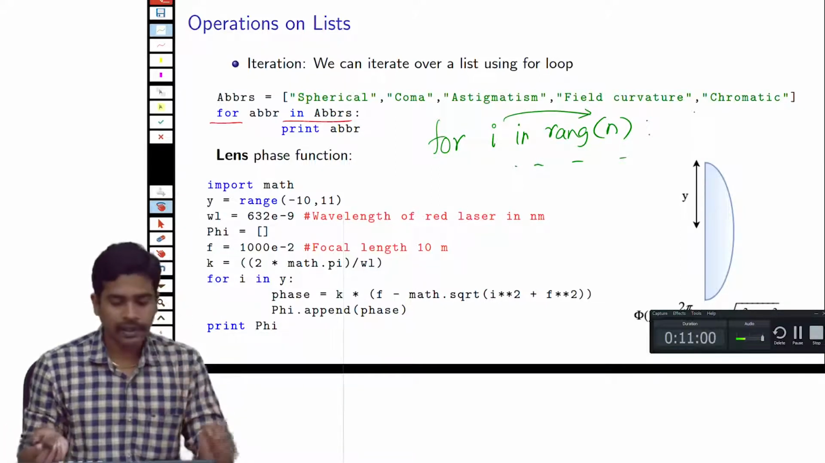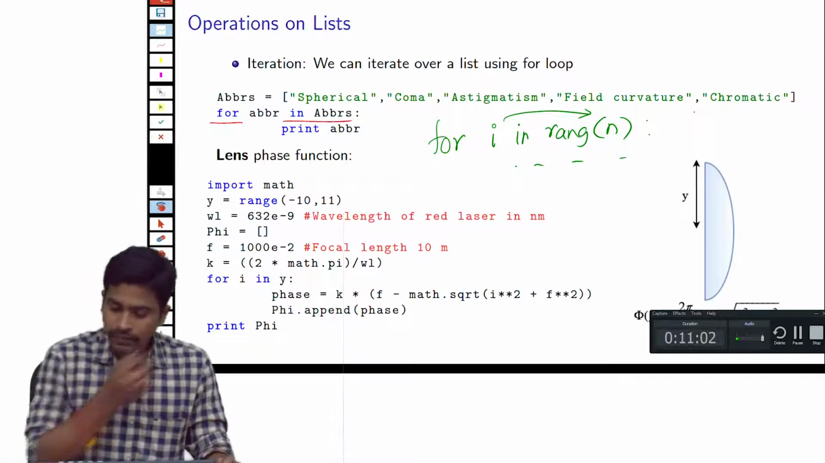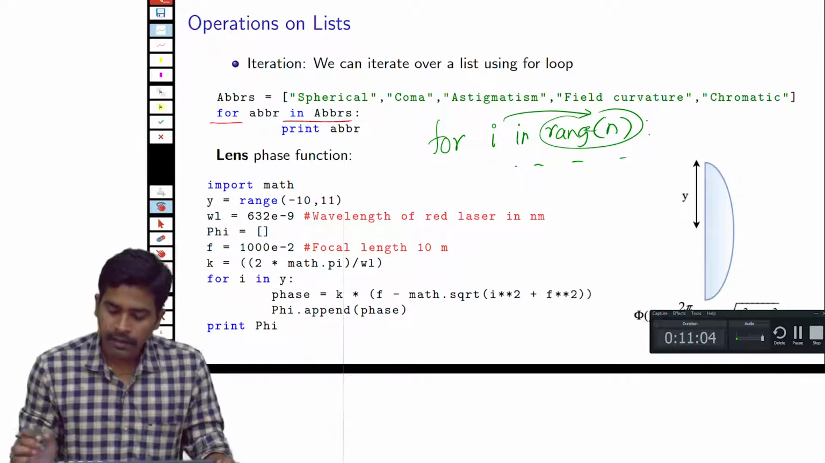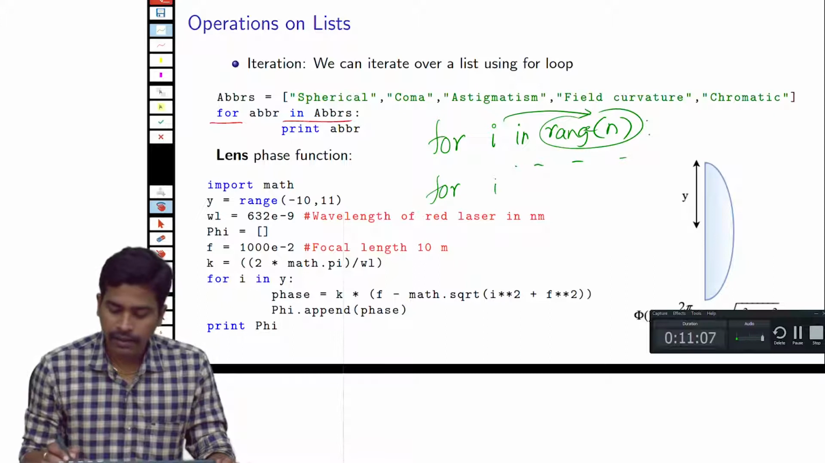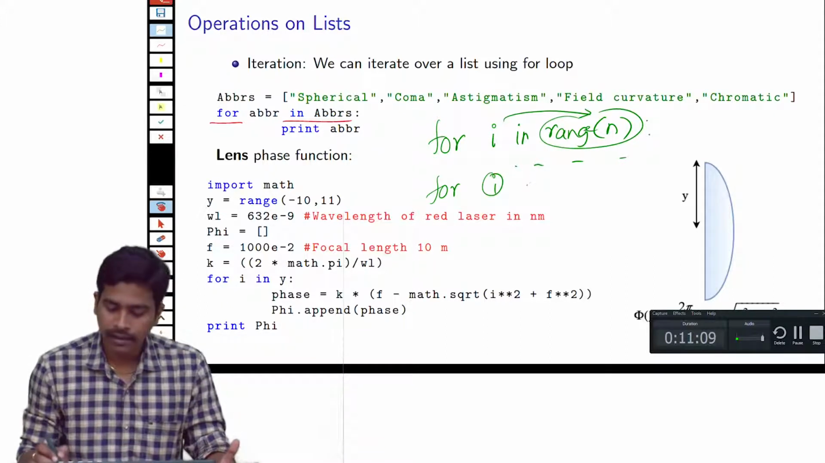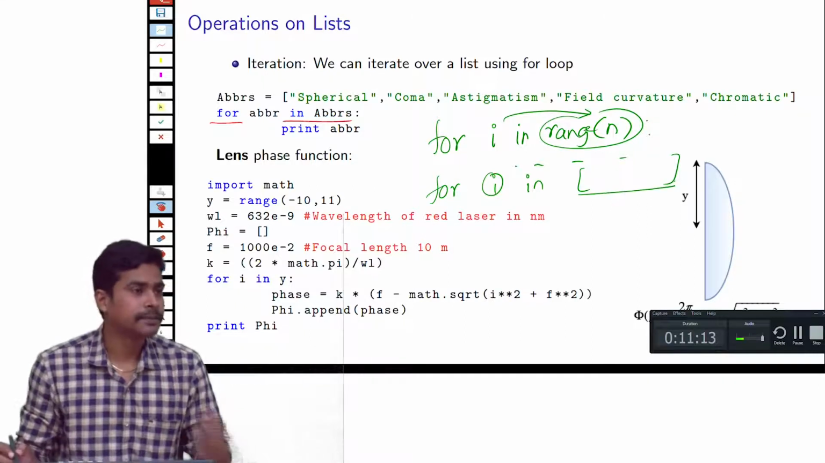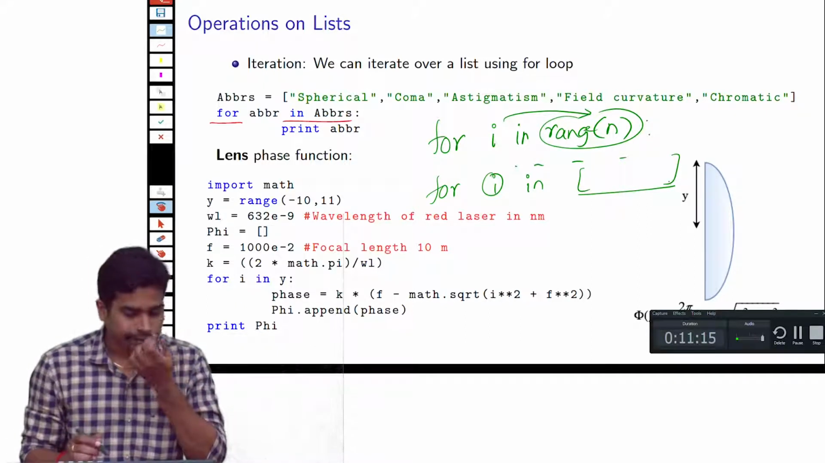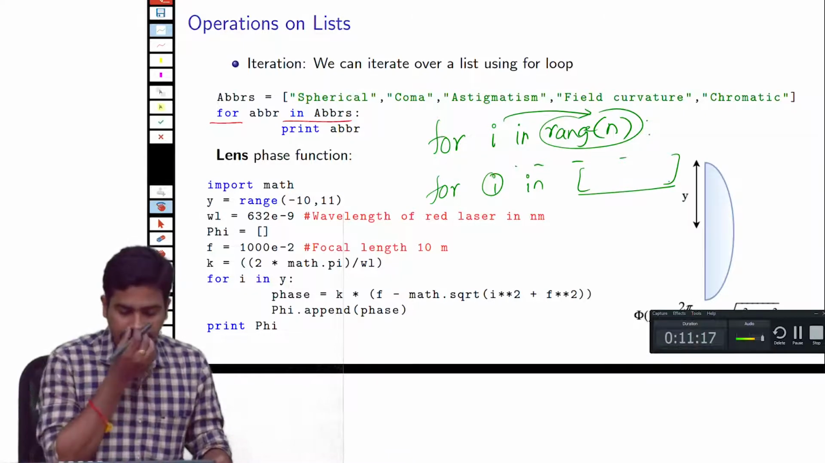We can do the same thing without giving this range command. What we can do is write for i, or some other variable, in a list. We can directly give the name of the list. Okay. So to demonstrate that, I have